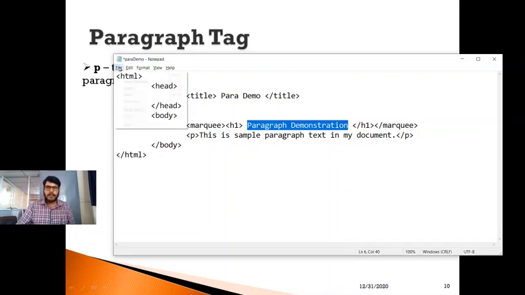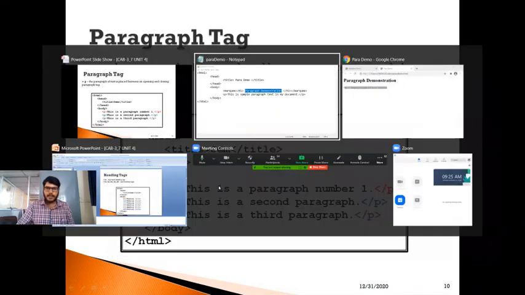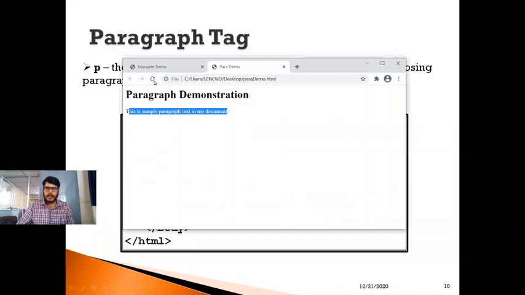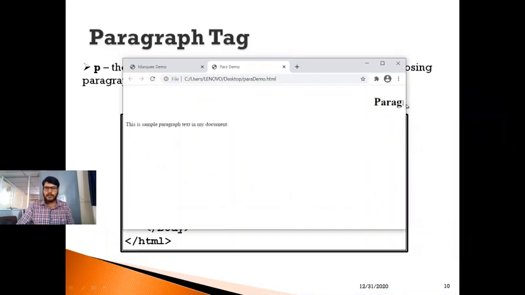Now let me save this, go to the web page, reload this. You can observe my paragraph demonstration is moving now, isn't it? So likewise, we can utilize heading tags, paragraph tags, and Marquee tags in my document. Hope you have understood.